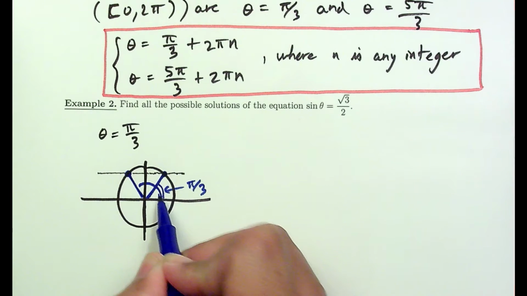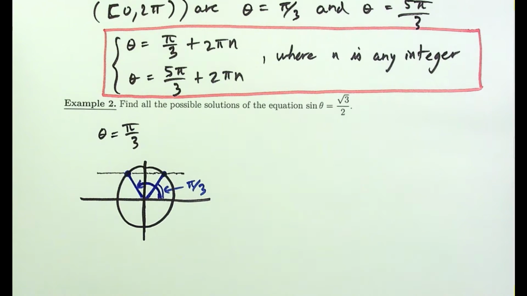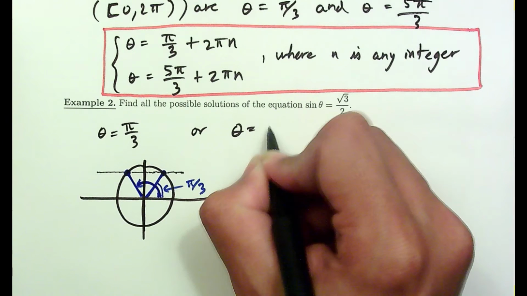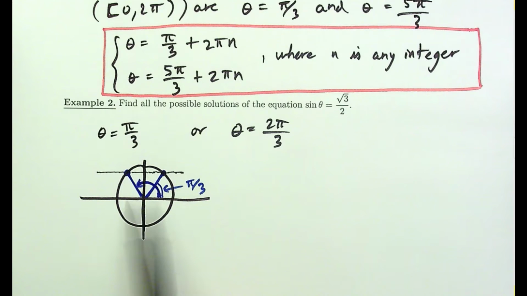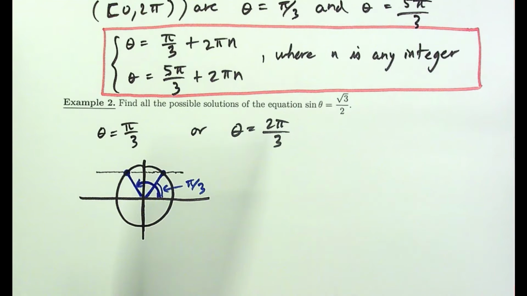This one right here. So what is that angle? That angle is 2 pi over 3. Okay, it's almost pi minus this piece, which is symmetrical to that one. So it is pi over 3. So pi minus pi over 3, which is 2 pi over 3. So now I have all the angles in the unit circle that are